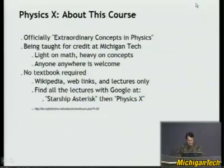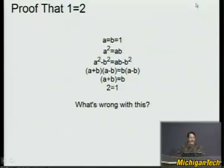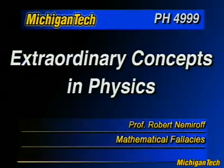Good luck. Okay, so one of the things that I find really cool are mathematical fallacies. Hi, welcome to mathematical fallacies. These are strange things in mathematics that come up